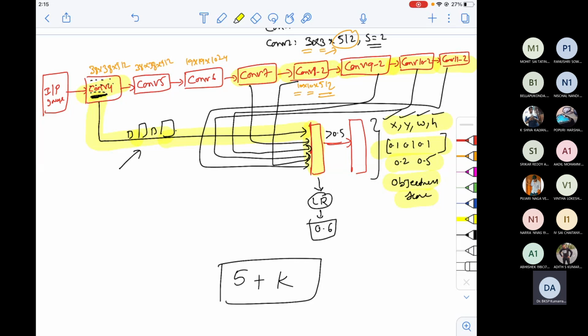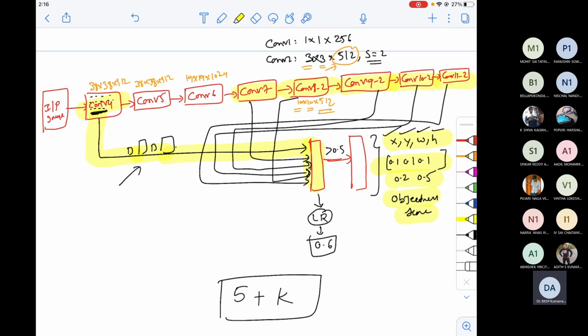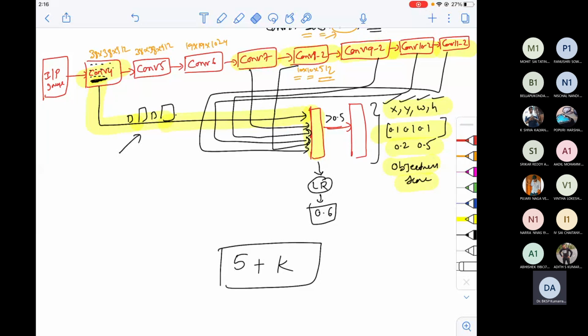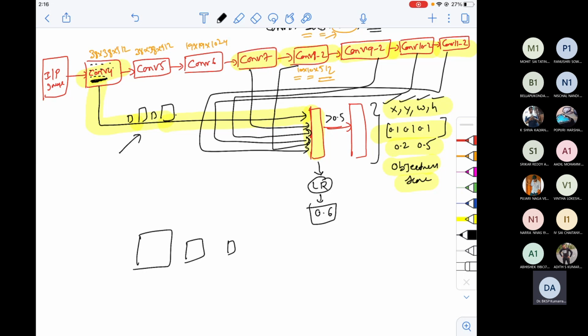See, the basic reason is, as I told earlier, I'm able to take only small objects in the image, but not the larger objects. But what you observe from conv 7, guys, is that as you increase the number of convolution layers, the width and height will reduce. Yes or no? When the feature maps reduce in size, the small box I drew earlier is definitely small. But if I draw the same box on the reduced feature map, the drawn box will look very big. In the initial case the box is very small because the feature map is very large.